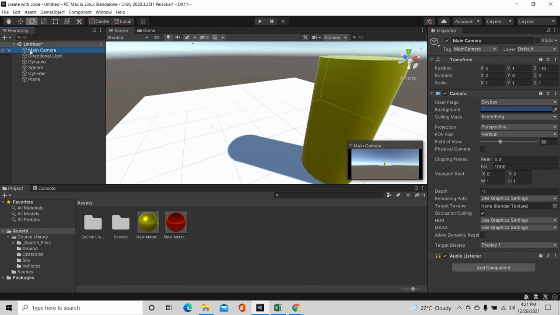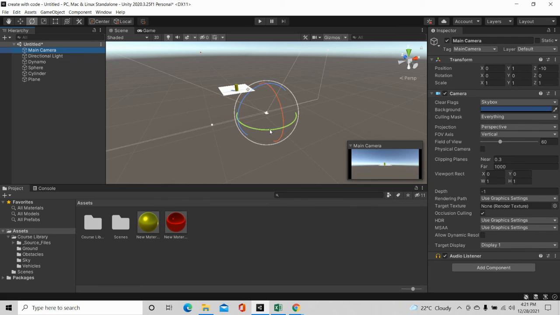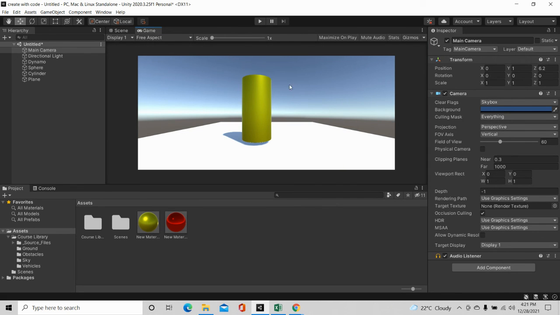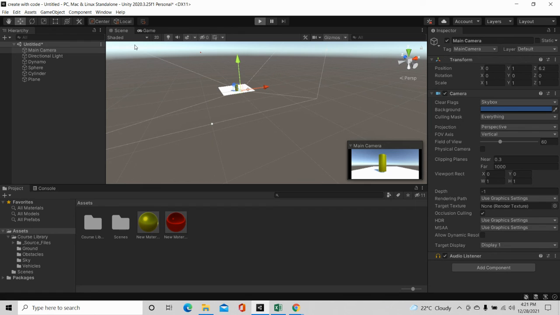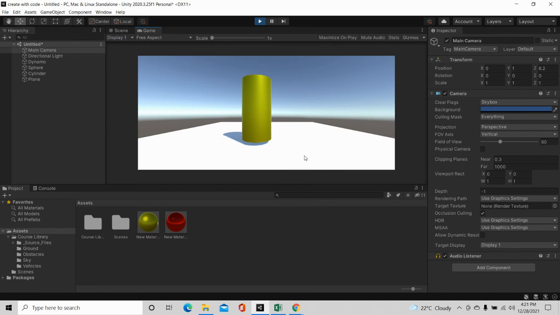You can also change the main camera here. Double click on the main camera, and you can use this to change the camera so that you can see it reflected in the game tab. You can see that the scene has quite changed in the game tab. When you click on the play button, nothing actually changes. That is application reload. This takes some time, I don't know why, but it will definitely do that. When I play, this is the default scene that we are actually getting.